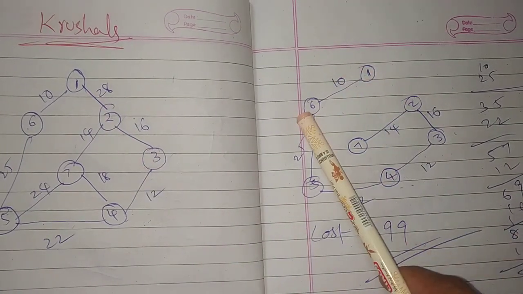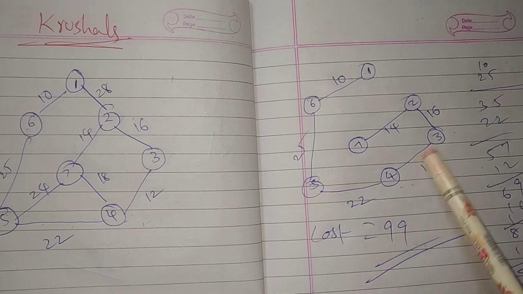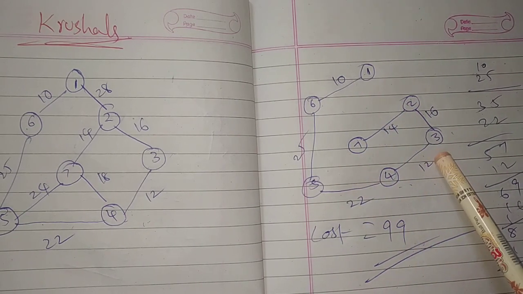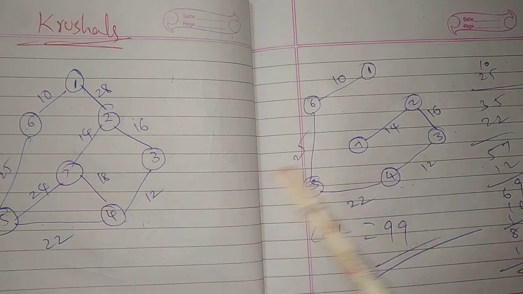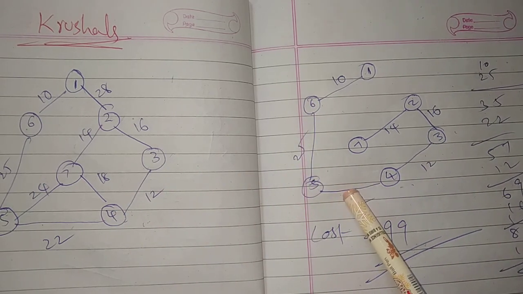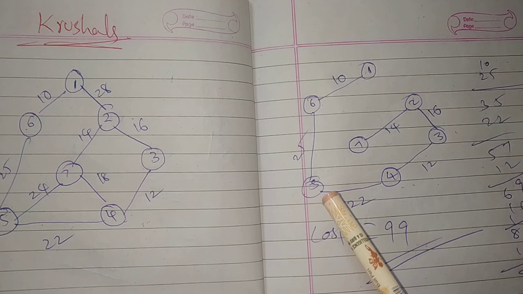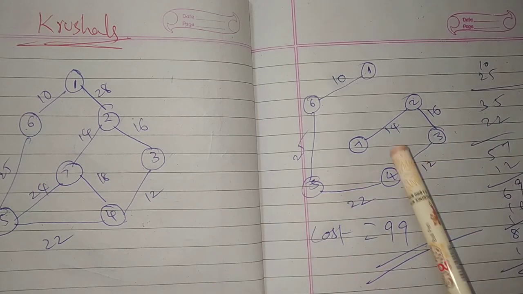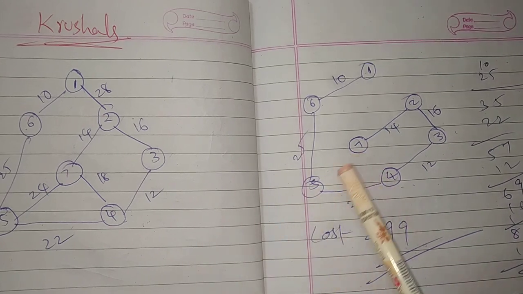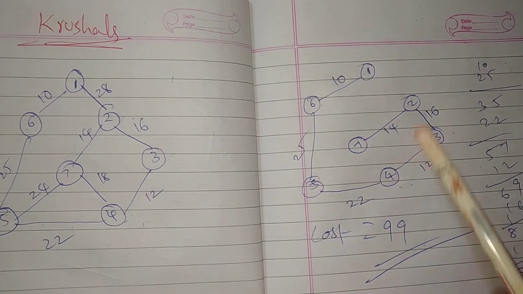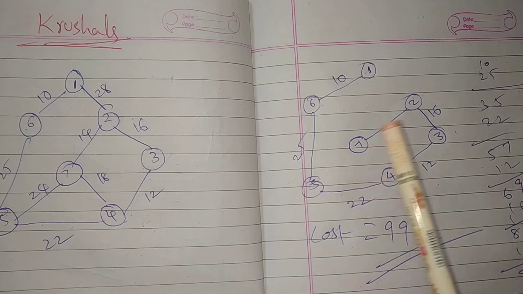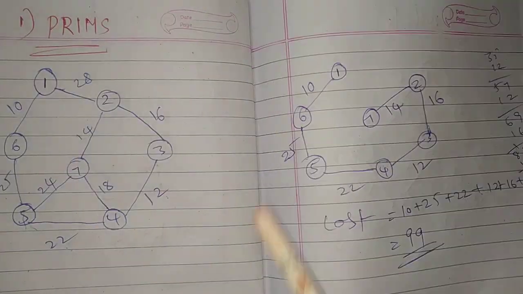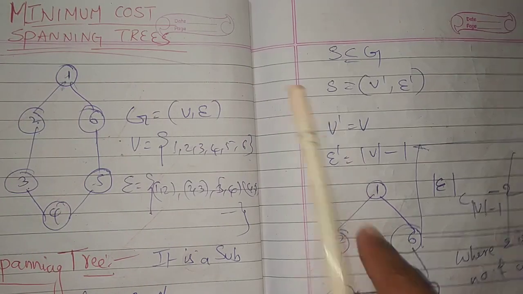1 to 6 is the minimum, and again 3 to 4, and next 2 to 7, and next one is 2 to 3, the minimum, and like that compare the adjacent ones. The only thing you don't do is generate a cycle, that is wrong. Okay, so in spanning trees no cycles will form. So this is a spanning tree. This is how to find a minimum cost spanning tree by Kruskal's algorithm and also Prim's algorithm. I hope you understand. Thank you.